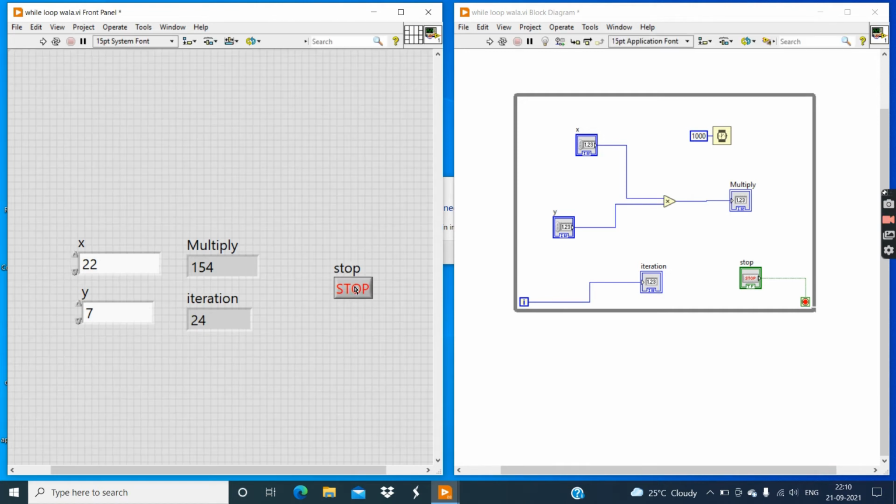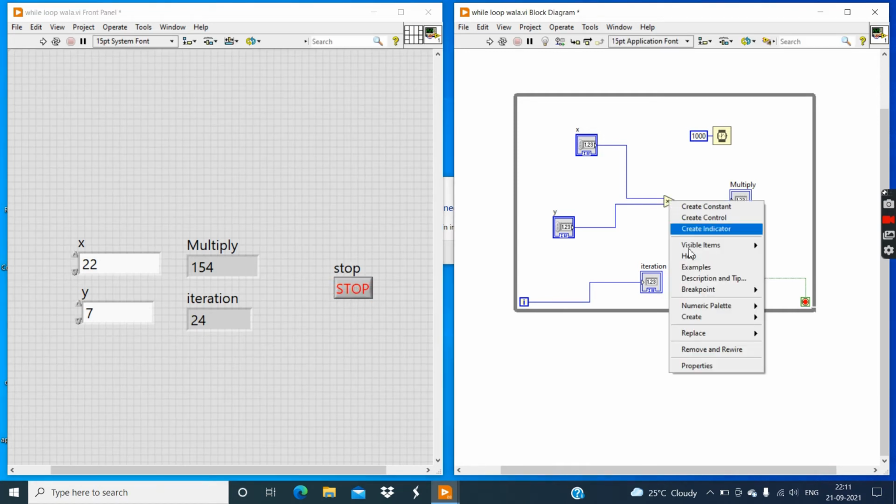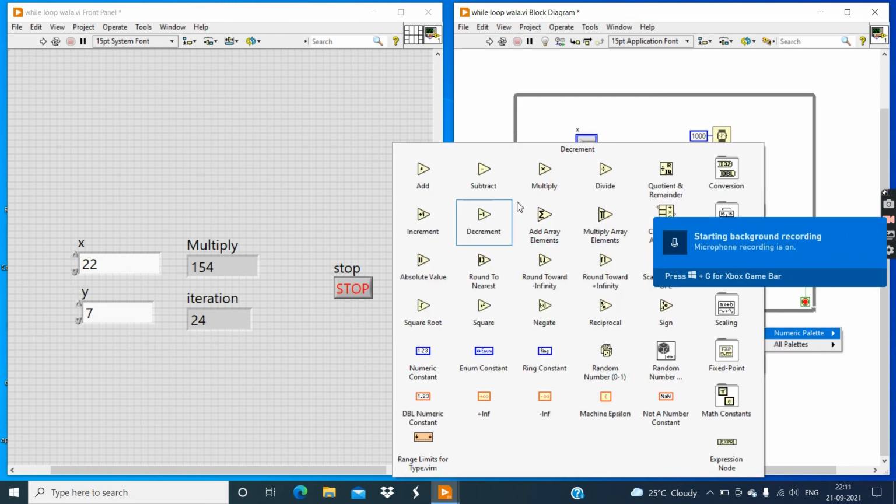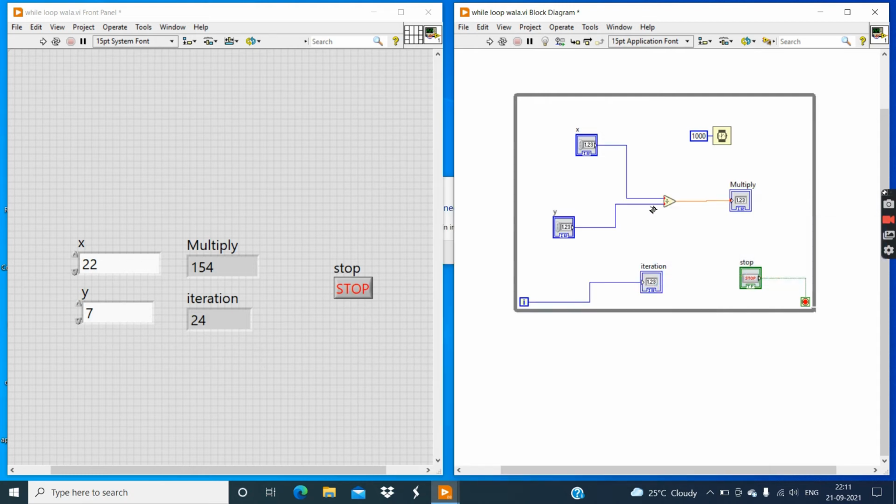Now replace this multiplication with divide. Go to replace, then the numeric palette and click on divide. Now guys, you can see the red dot on this terminal of the X controller, similarly on the terminal of the Y controller and this indicator.